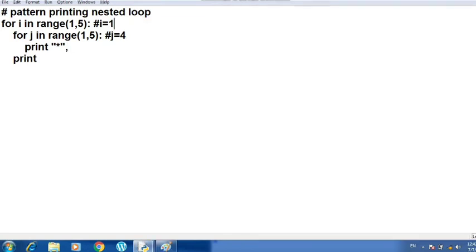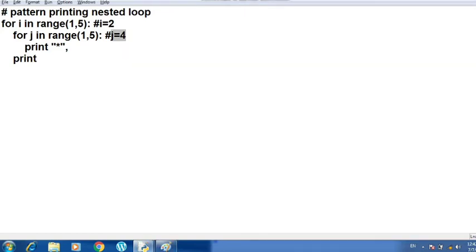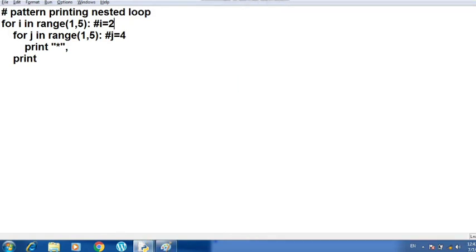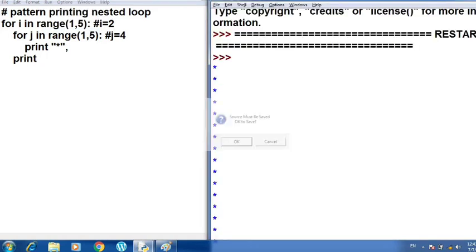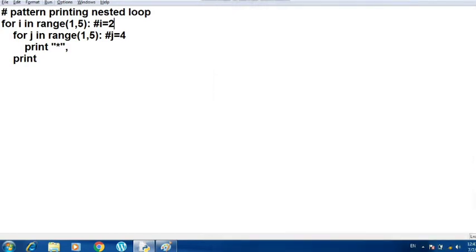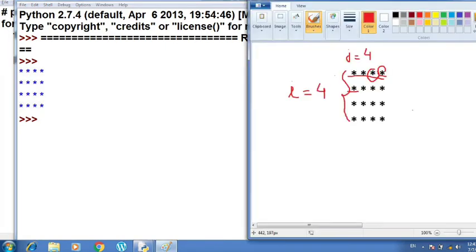Now after changing the line, the value of i will be updated and become 2. It means the cursor will come here to the second row, and then again this inner loop will execute till 1 comma 5. It means 4 times, and 4 stars will be printed, and then again the line will be changed and the value of i will be updated. So this is how the loop will execute. Let us see the output. Is it coming according to the desired output or not? So you can see here, students, whatever output we have thought of, it is coming as it is, right? So this is how the nested loop works.